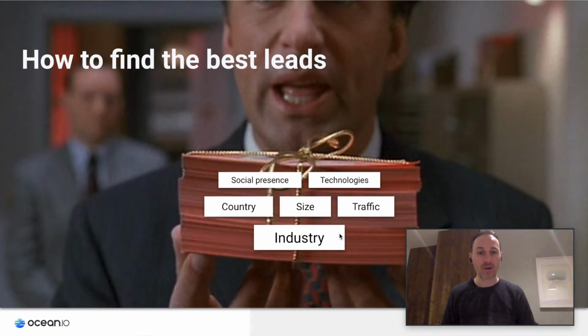You could then divide your market industry by industry, and you can build on top of industry. Most sales reps have an idea of the company size, traffic, or country. And then there's another layer, which is things like maybe their social presence, tools they're using, their technologies. A good way to segment is as your product or service is built out. Maybe you work with the e-commerce space and you build a BigCommerce or a Magento app. Start targeting, saying, hey, we've got this new simple integration, and it can be a good reason why you get in touch with these companies now.